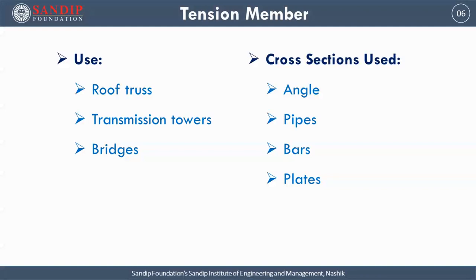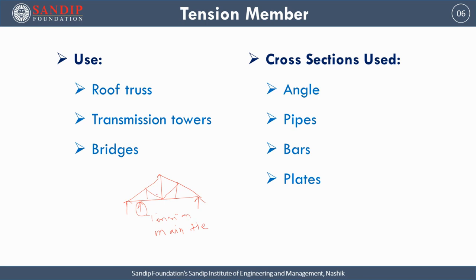We will start with tension member. Now, the practical applications or practical examples where tension members are used: roof truss. Every now and then when we move around, you can see roof trusses, whatever the configuration of that particular truss. In this truss, there are tension members. This bottommost member is also a tension member. It is commonly known as the main tie member. The main tie member of a roof truss is always a tension member.